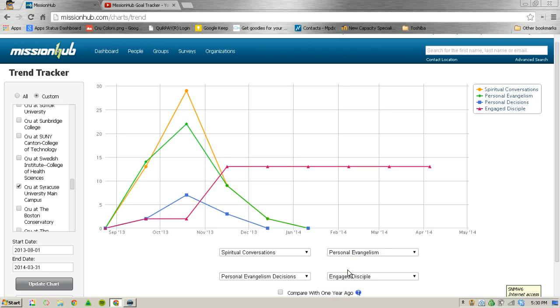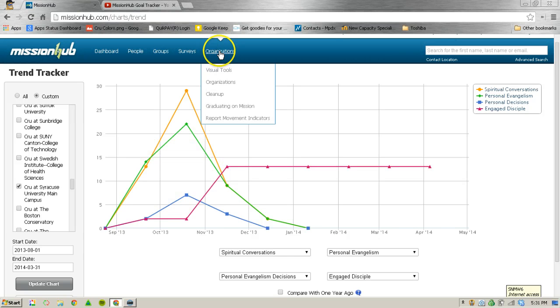But these are all based on real people, real conversations that then will give you as a leader an indication as to what's happening in your movement, that either will confirm your expectation based on what you see, or might create some surprising conclusions that allow you to be able to make better decisions as a leader of how to shepherd your movement or movements, because you can pick and choose the movement over here that you want to follow the trends for, or as a whole staff team might do, you might choose all of your movements and track trends for the entire aggregate of what the staff team is doing.